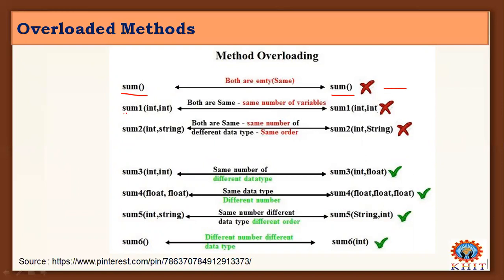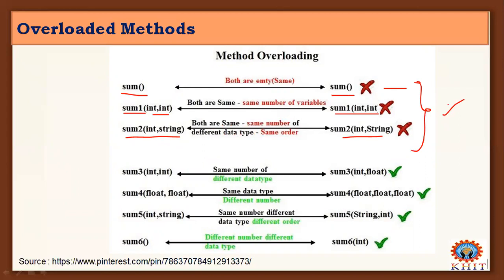Next one, the function name is the same, the parameter list is the same, and the count of parameters is also the same. Here also it's not allowed. And another case: both have the same number of parameters of different types but in the same order. Here also it's the same thing, this is not method overloading, and it gives a compile